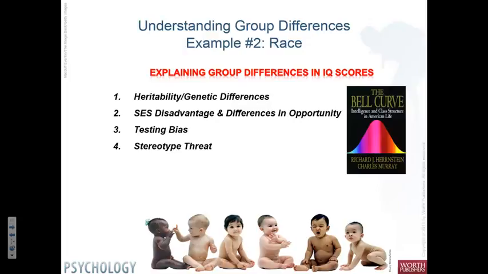Of course, today, virtually all scientists agree that intelligence is influenced by genes. However, it's not agreed that group differences are genetic. In fact, most all scientists deny that as a fact. And instead, they look at number 2 here, the social and economic standing of disadvantaged groups and the differences that different groups have, the different opportunities that different groups have. And I'll give you just two ideas here, 2 pieces of evidence.